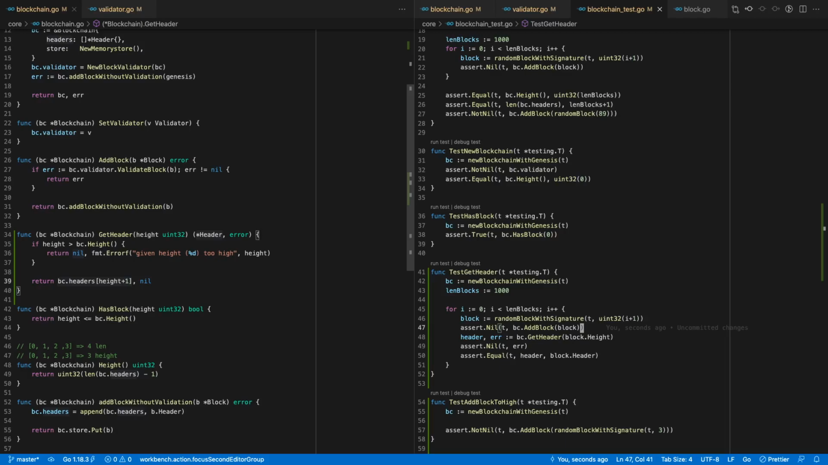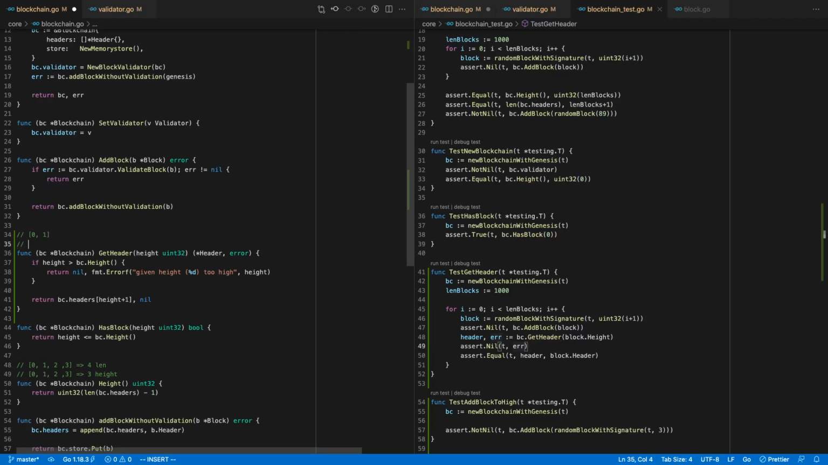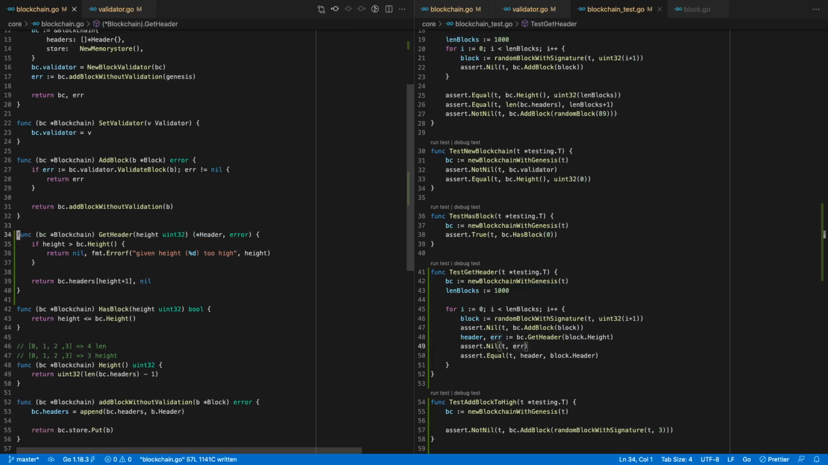If the height is higher than the BC height, that's impossible. Wait, let me, what is this? So basically we have Genesis block 1. So if I want to grab block 1, I need to have 2 in, oh wait, but it's len,